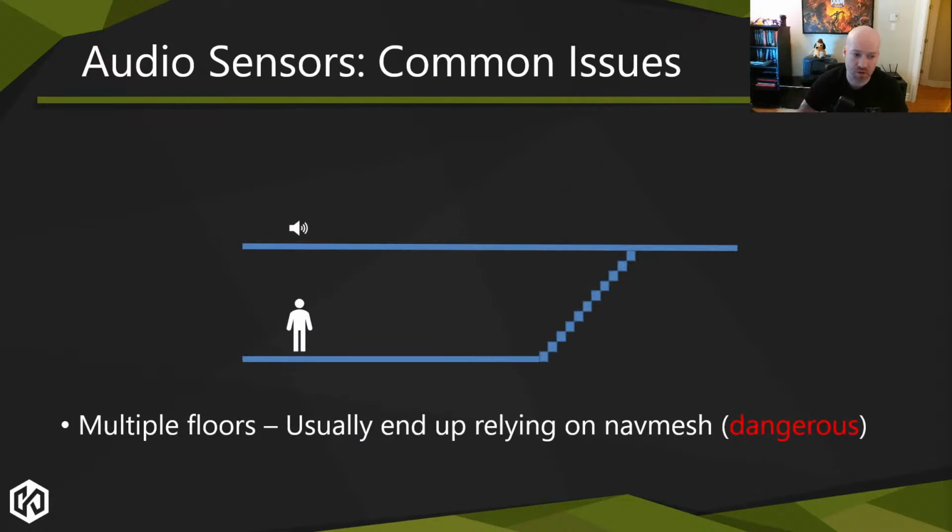So for example, a common issue is that you have multiple floors. There's a sound on the upper floor. You do a pathfind to it, and now it says, oh, it's actually within the distance. So maybe I can hear this now on the floor above me. Is that valid? I don't know. But my rule said I can hear everything within 10 meters. Well, now that 10 meters is satisfied, but is this what we want gameplay-wise? Don't know.